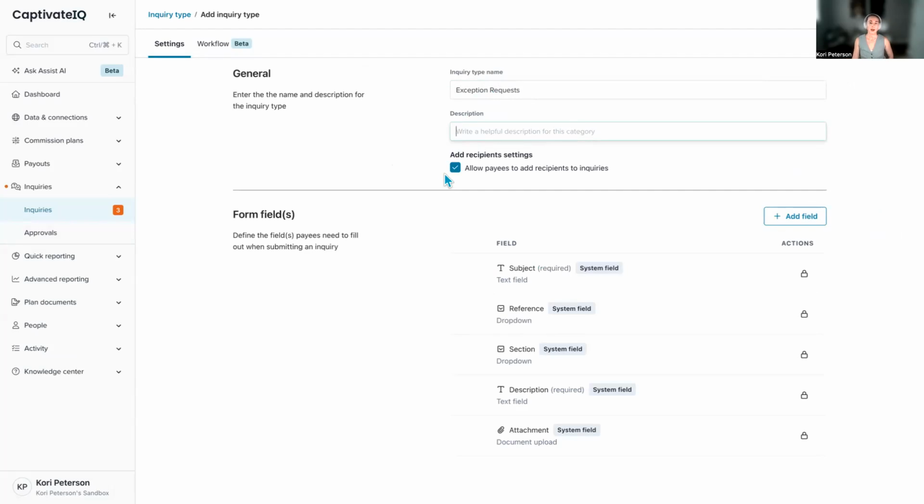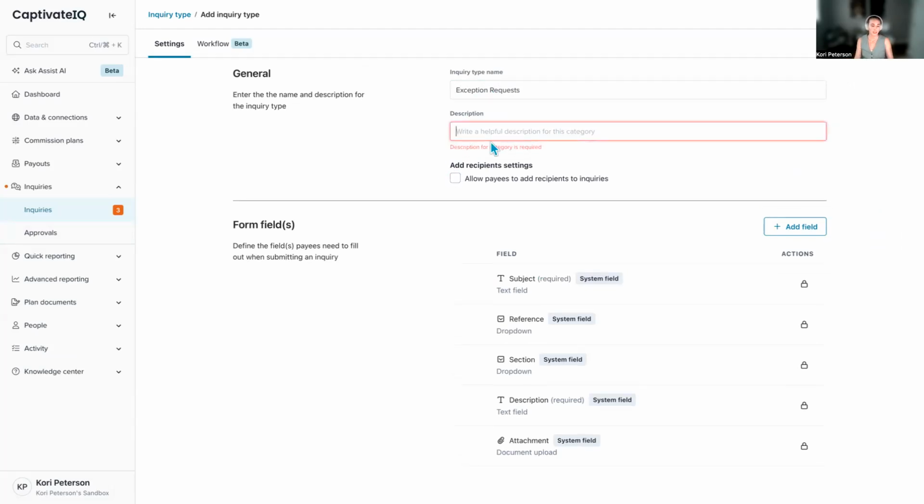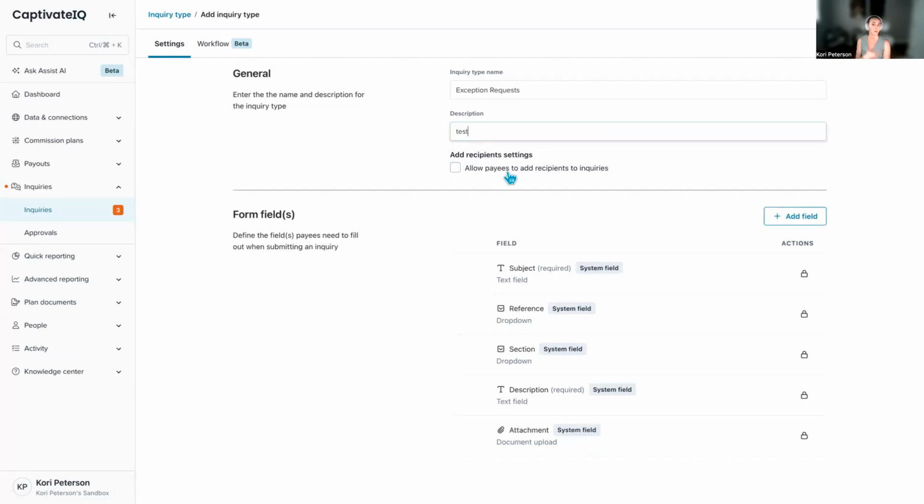Along this process, you do have the option to remove the ability for payees to add their own recipients. So if you don't want your payees to loop in people outside of the workflow, you can leave this unchecked, or I can leave this checked to give that option to them. You'll note that you also have the option to have custom form fields. By default, you'll always have our default settings, the subject, reference section, all of that.